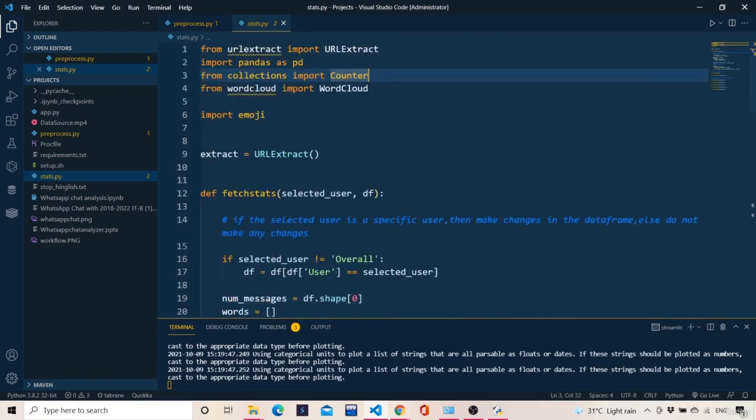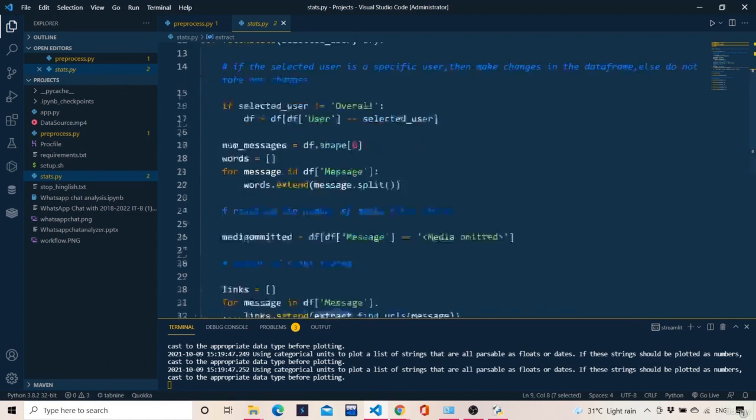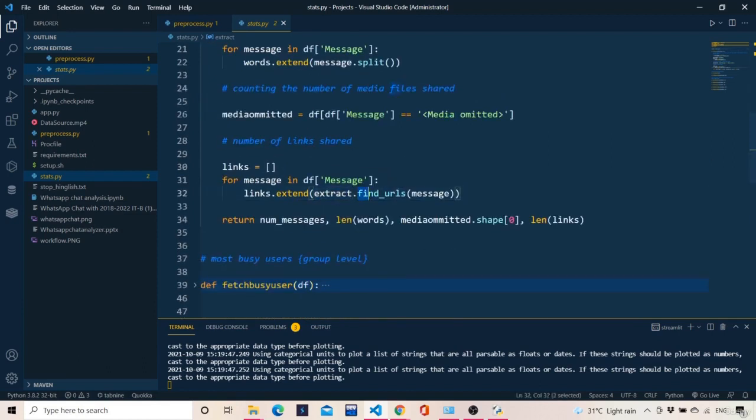So URLExtract is a class, and I am instantiating that class with an object named extract, and in that class there is one function named find_urls, which will take this message. So now this df of message is nothing but a list of messages. So I am iterating over those messages, and for each message I am saying if there are any